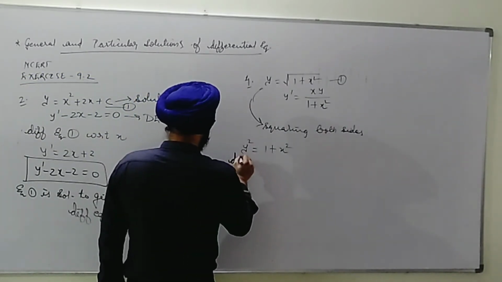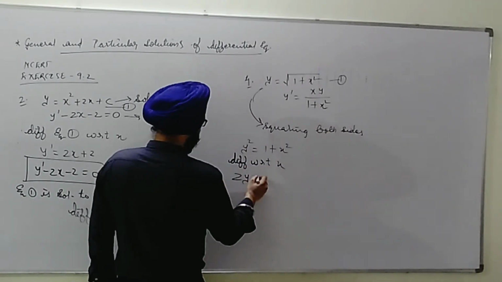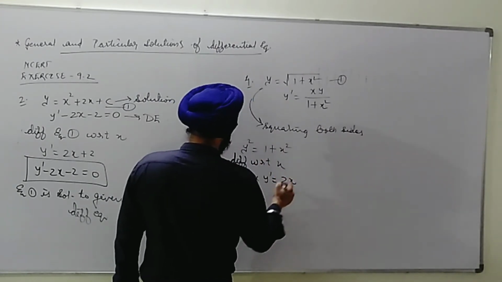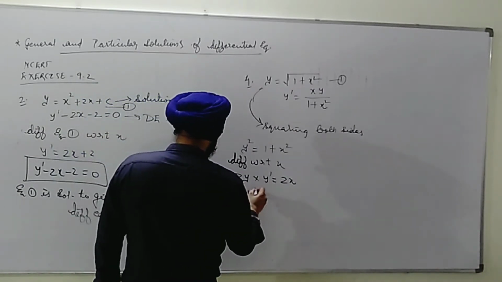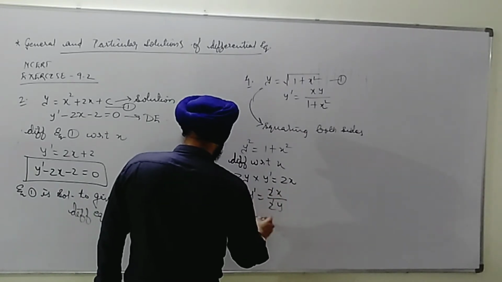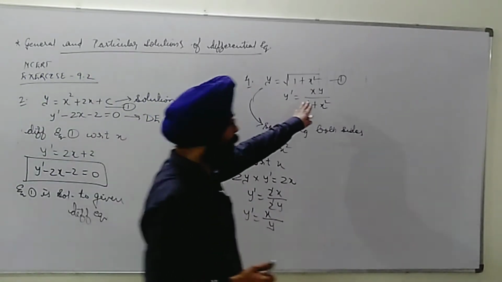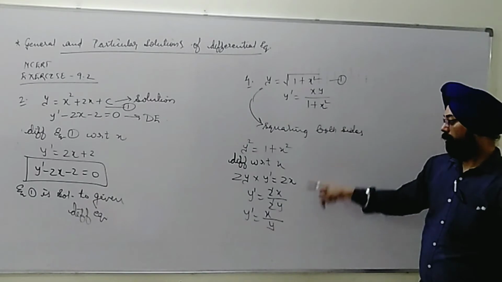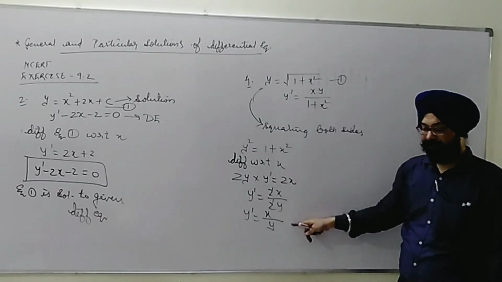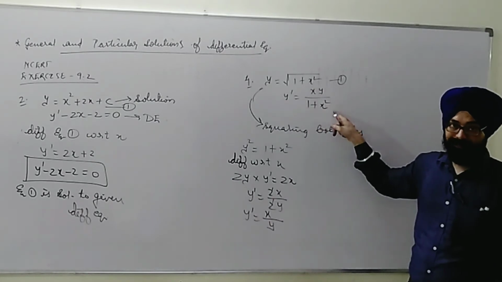So differentiating with respect to x, we get 2y into y dash equal to the derivative of 1, which becomes 0, plus 2x. Now finally we get y dash equal to 2x upon 2y. These two cancel out. We are left with y dash equal to x upon y. But the thing is, we are given to prove this one. If I compare these two, they are far apart from each other. Okay, y dash equal to some value we have obtained in both cases, we need to prove that this equation is a solution of the differential equation with the given pattern.